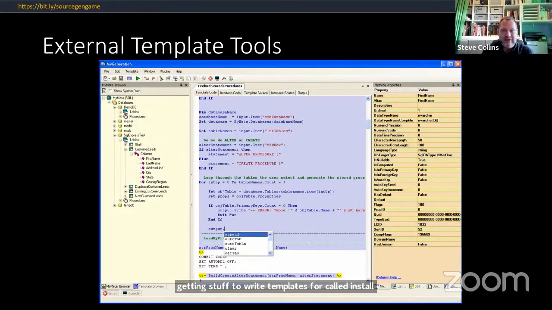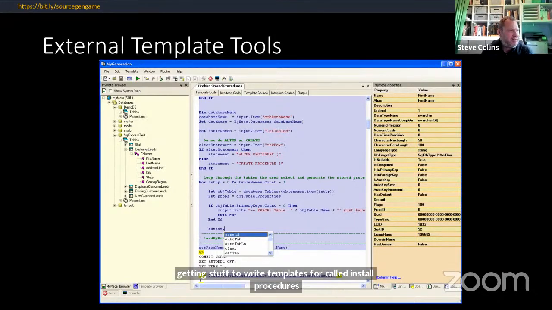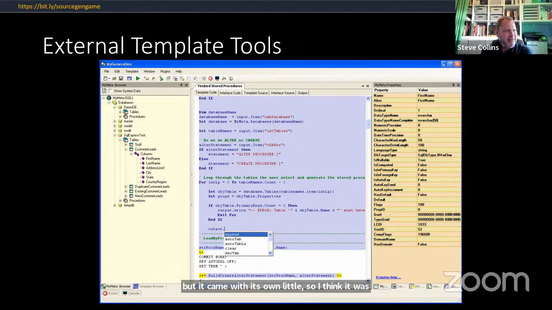It came with its own IDE, I think it was written in classic VB6 or something, but at least you got an IDE with some IntelliSense. It gave you a fighting chance of writing your own templates and them making some sense. But as you probably guessed, these kinds of tools fell out of fashion due to the popularity of ORMs such as NHibernate and later Entity Framework. So I think the last time that this was updated was about 2014.